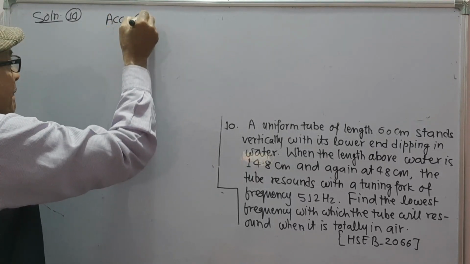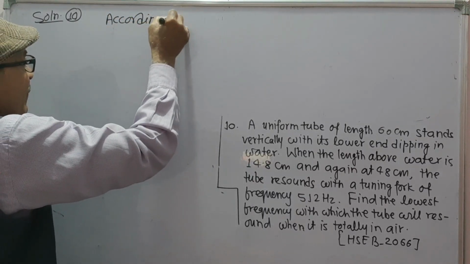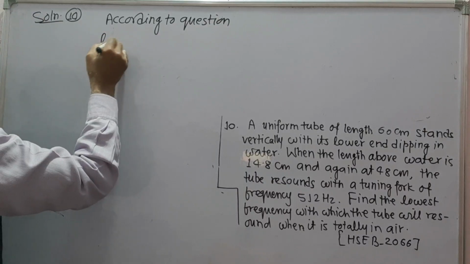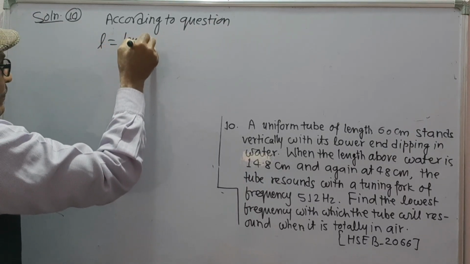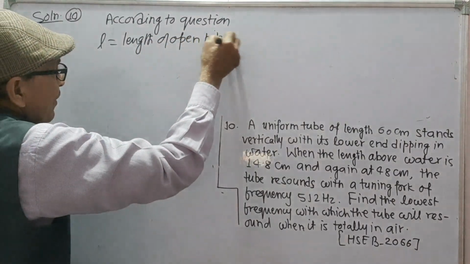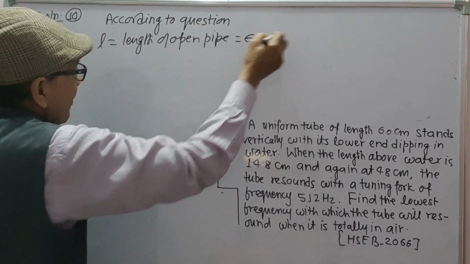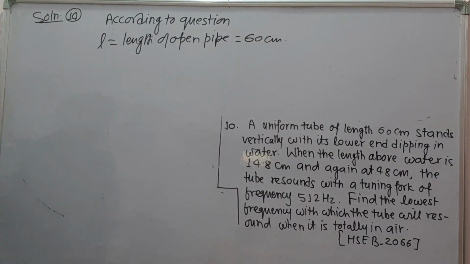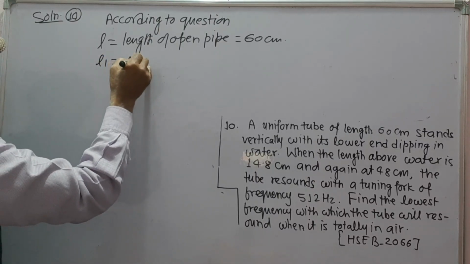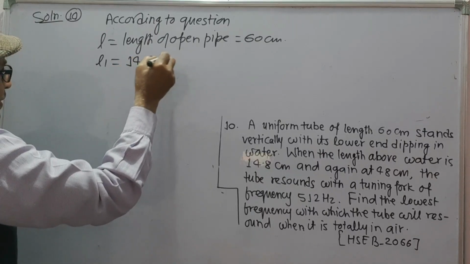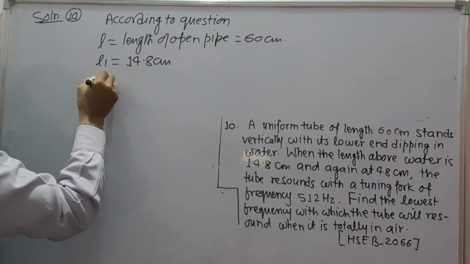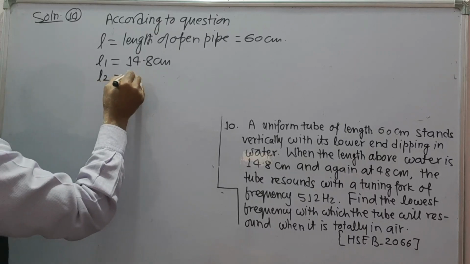According to question, L is equal to length of open pipe, 60 cm. When it is dipped in water with 14.8 cm in air, then L1 is equal to 14.8 cm. Similarly when it is dipped in water with 48 cm